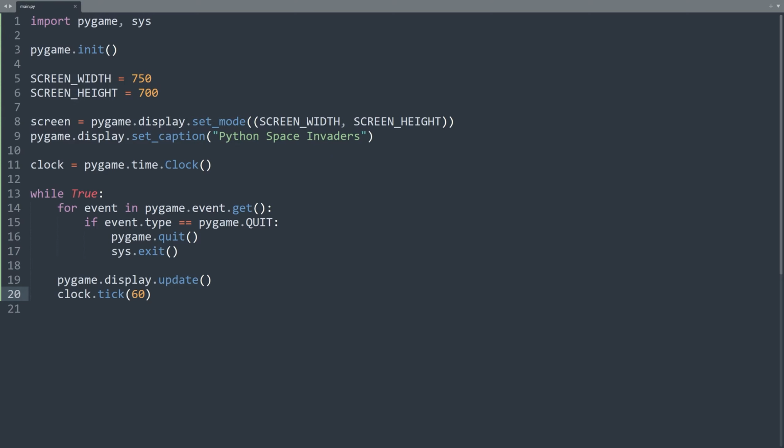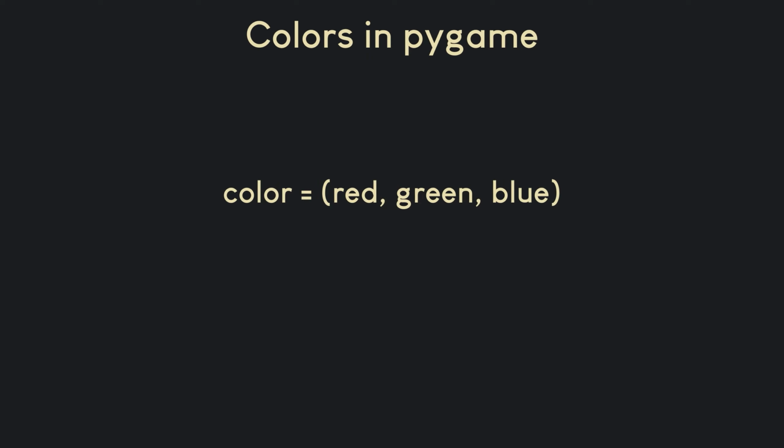Pygame provides several built-in colors, but we will be defining our own colors for this game. In Pygame, colors are represented as a tuple of 3 values, each value representing the amount of red, green, and blue in the color.